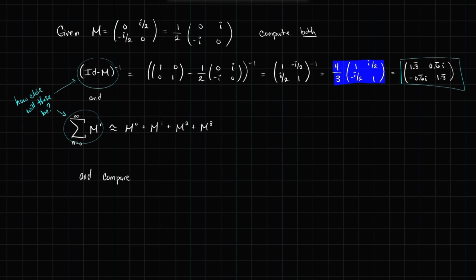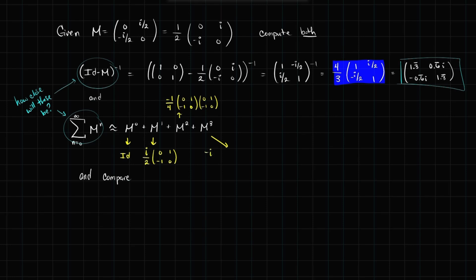Well, the first matrix, M0, is just the identity. M1 is just 1/2, and I'm going to write it as i over 2 actually, and then just do 0, 1, negative 1, 0. M squared is going to be the previous quantity, this one, squared. So I'm going to have i squared, which is negative 1, over 2 squared, which is 4. And then let's square 0, 1, negative 1, 0. So 0, 1, negative 1, 0 times itself, 0, 1, negative 1, 0. We'll compute that later. And then M cubed is going to be i cubed, which is negative i squared, or